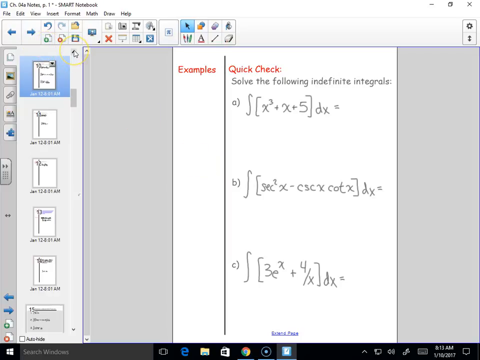Basic ones, indefinite ones. Why indefinite, Ryan? How can you tell just by looking at the first problem that, for those of you who came in late, we were working on at the beginning of class? There are no numbers or bounds. Usually there are bounds at the bottom and the top. There are none, so it's indefinite, which means